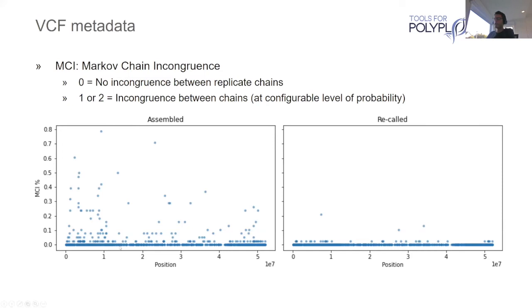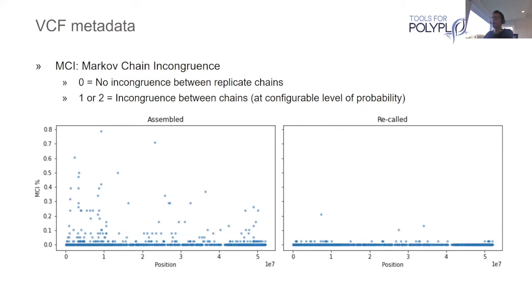And what we can see here, so this is the assembly example I just showed, was running over 10 loci. This is running over around 1,500 loci for this chromosome. And we can see here the proportion of incongruent assemblies we got across the chromosome. So you can actually see there's a large number where more than 10% of the assemblies were incongruent. If you look at the total number of assemblies by the total number of samples and look at the number that were incongruent, it's only about 1% of the total